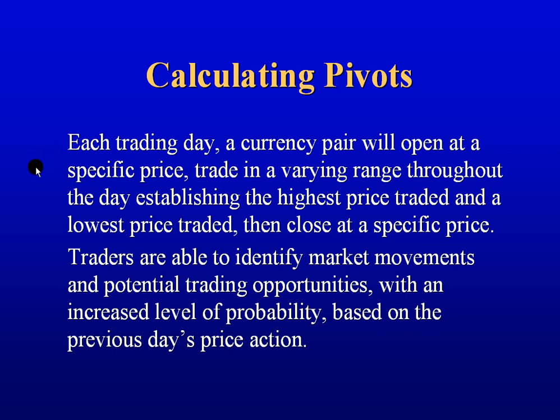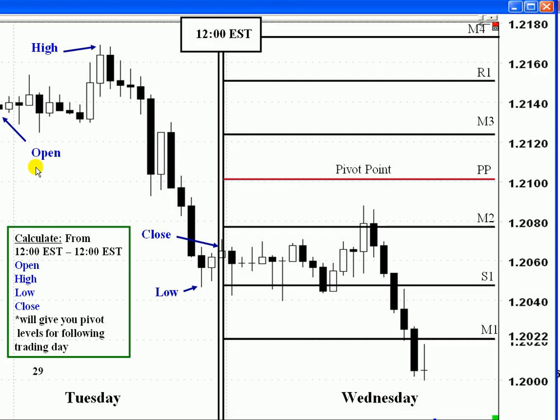Calculating pivots. Each trading day a currency pair will open at a specific price, and it will trade in a range throughout the day, establishing clearly a high price traded for the day and a low price traded for the day. And then it will close as the day concludes and moves into the following day. So we will look to identify market movements and trading opportunities with an increased level of probability by mapping out our trading environment on the following day based on the previous day's range. So as an example of how to calculate these pivot points,